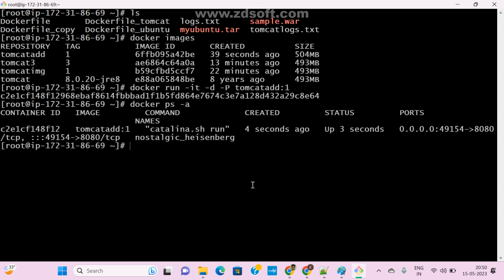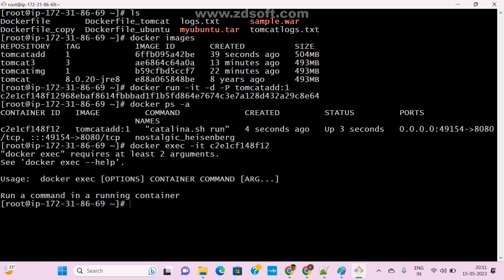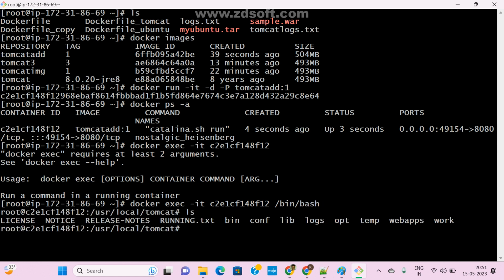Okay, now go to this container: docker exec -it container id /bin/bash. Now ls. Now come outside. Now which directory did I give? cd /opt, ls.